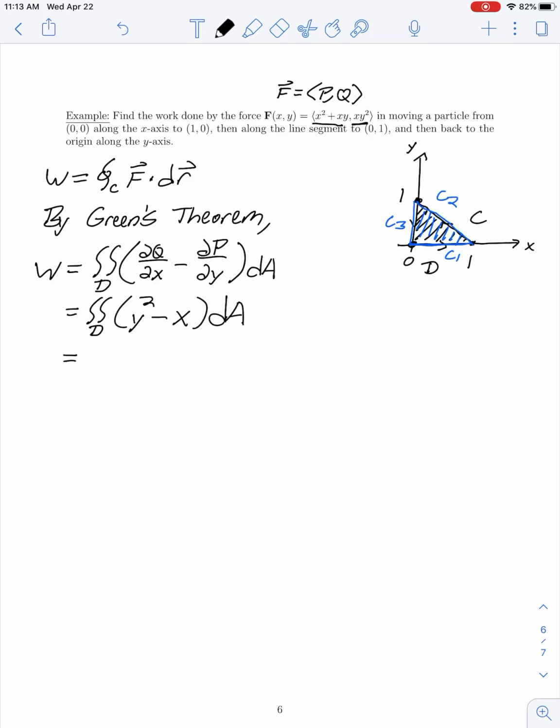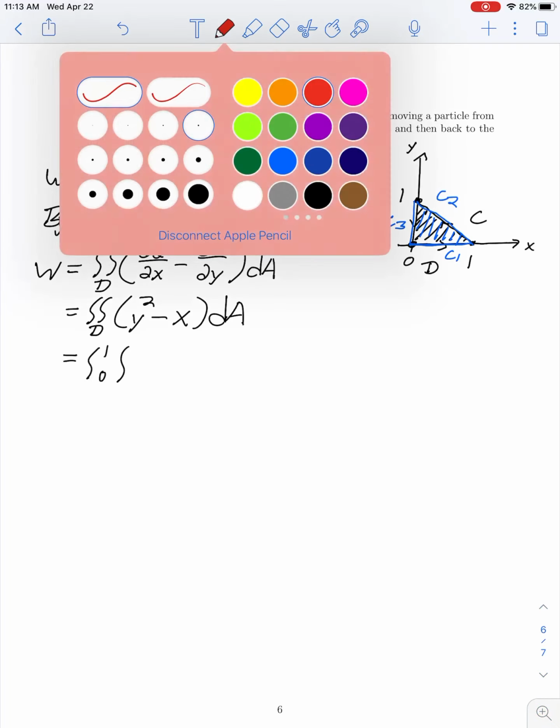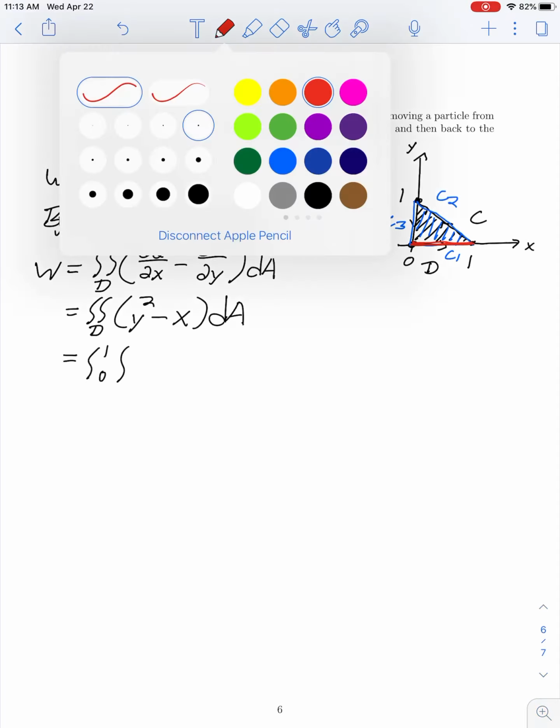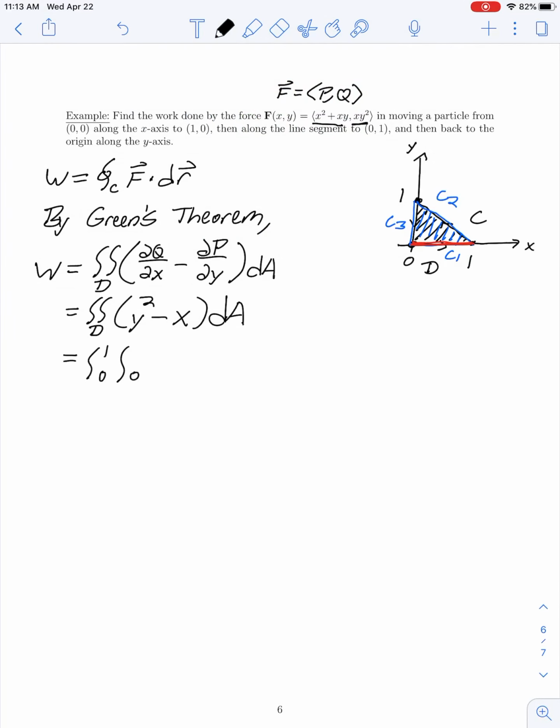So we can think about this region as a type 1 region where our outer integral with respect to x ranges from 0 to 1, and our inner integral with respect to y, well, let's look at the curves that bound y. Our lower value is the x-axis, that is y equals 0, and the upper bound for y is